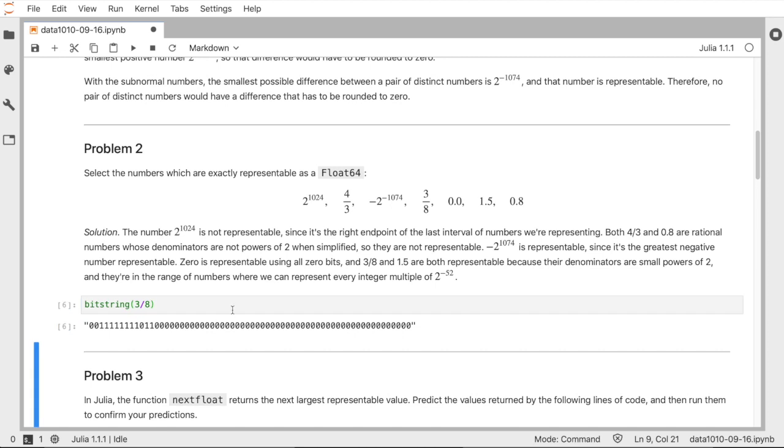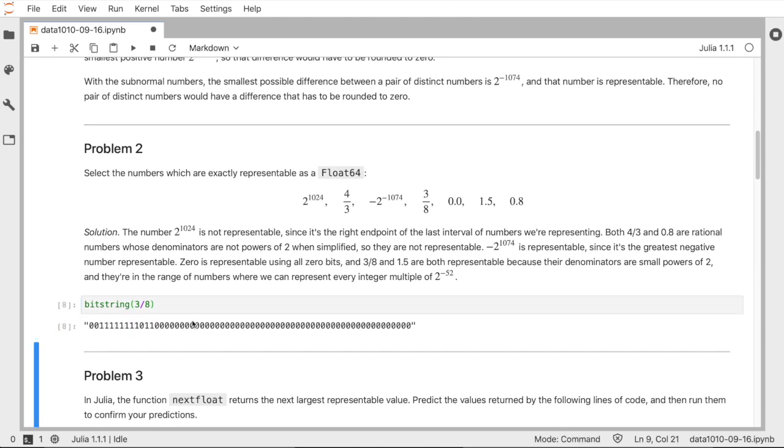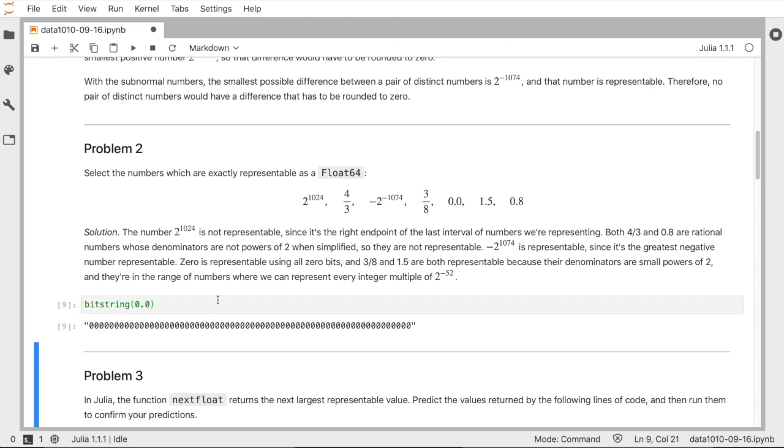3/8 is going to be a similar idea. If we look from 13 to the end to see the mantissa, it's telling us to add, in this case, 2 to the 51 tick spacings, because you're starting at a quarter. That's the power of 2 immediately to the left of 3/8, and you're going halfway to a half. So this is very similar to 1.5. And then a bit string of all zeros gives you the 0 number, and then 0.8 is going to be similar to 4/3. There's some alternating zeros and ones out here as far as you can see in the mantissa, because it's trying to approximate that